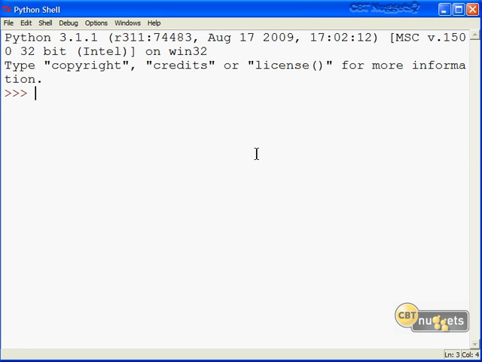In this first demo, we'll work directly within the Python interpreter and touch the host operating system. Now you can see right off the bat in IDLE that we're running Python 3.1.1, and the metadata here tells us that we are on a 32-bit Intel processor machine with Win32 as the host OS. That's good and fine, but when you're running and distributing a Python program, we don't want to take anything for granted. Now, in order to get to some of those OS-specific functions, we're going to have to run an import.